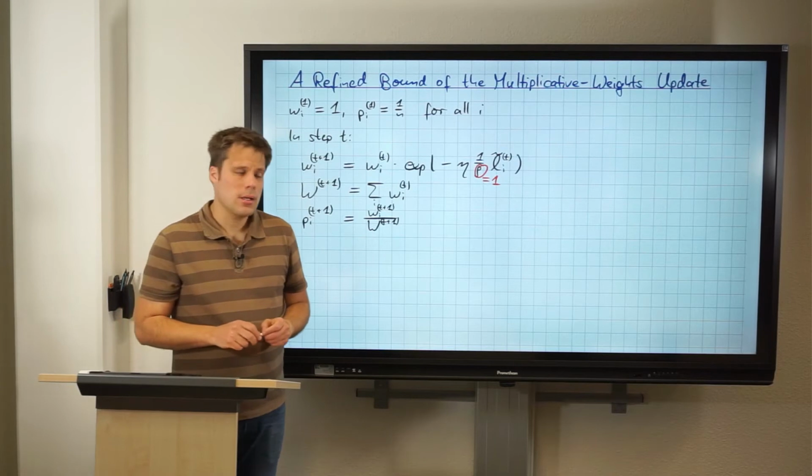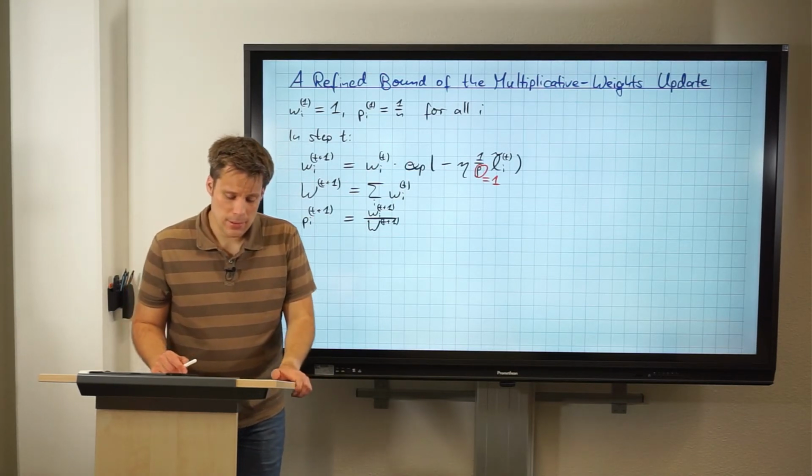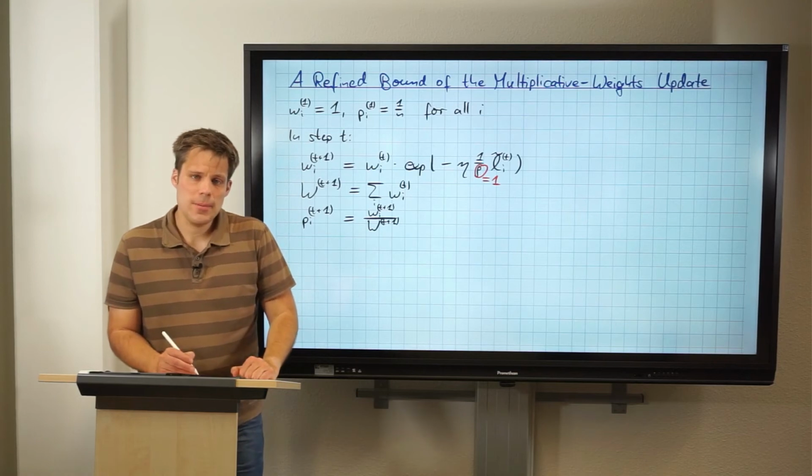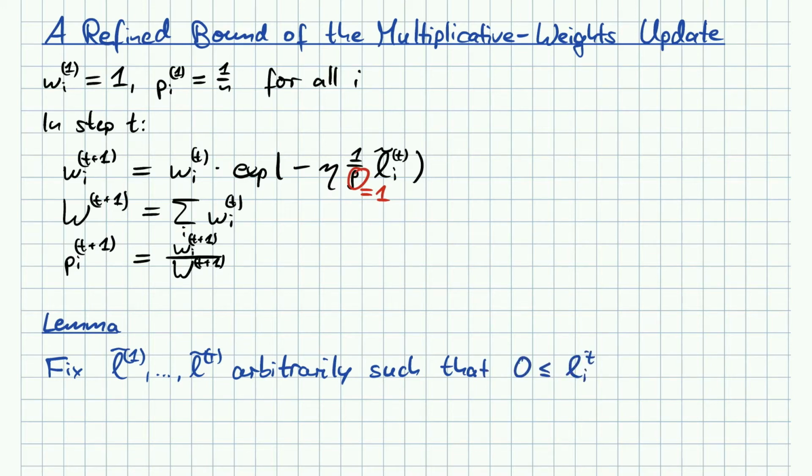So this will actually disappear now. We'll only have the eta floating around. This is the only parameter that we have. And for this, we will now show the following bound. If we fix L1 tilde through LT tilde arbitrarily, such that all components are always between 0 and 1 over eta,